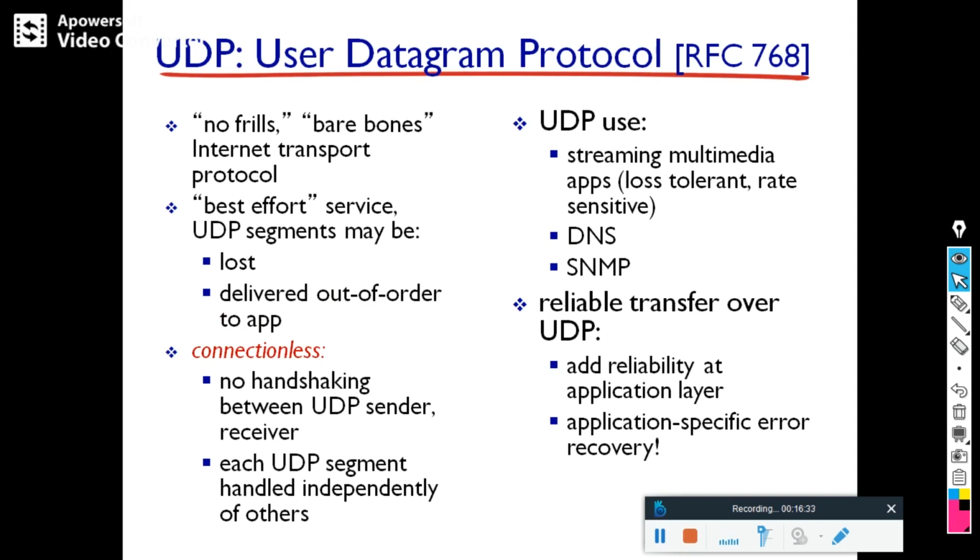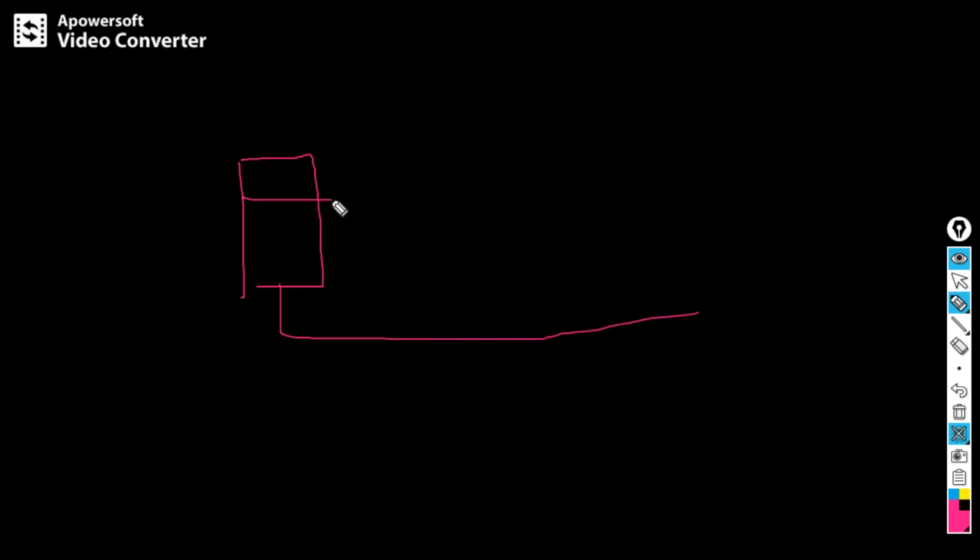So now UDP, we know UDP. UDP is connectionless. It will not do any handshaking like the three-way handshake before sending the data. UDP is unreliable. Then you may ask me a question: if UDP is unreliable, can we believe our data or rely on our data properly? For example, let me explain. Let me take you to the blackboard once again. Here, this is your machine and you receive some data, and it is passing through UDP.